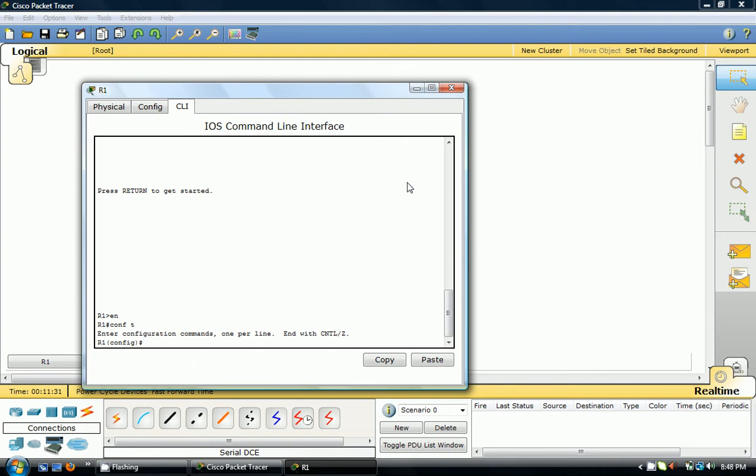So what we're going to do is we're going to set a password, and we're going to let them be able to fiddle around in exec mode, but we don't want them to be able to fiddle around in privileged exec mode and that type of thing. So let's set a password. So we'll go enable password Kevin. Okay,